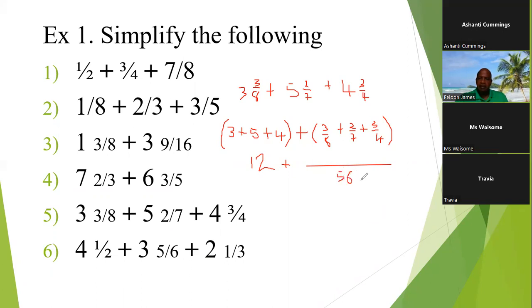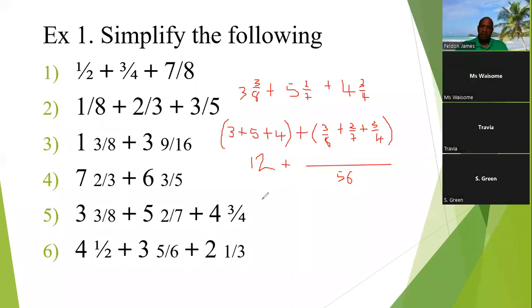Yes, sir. Now, Ms. Waysome. Yes, sir. So we say that 8 into 56 goes 7 times. So 7 times 3, that's 21. So we have 21 there, plus 7 into 56 goes 8 times, sir. So 8 times 2 gives you 16. That's 16, plus